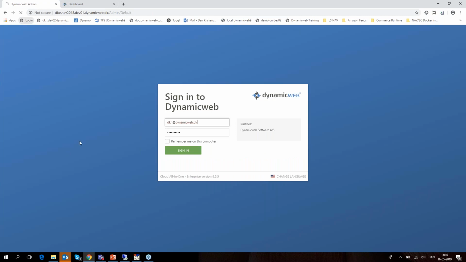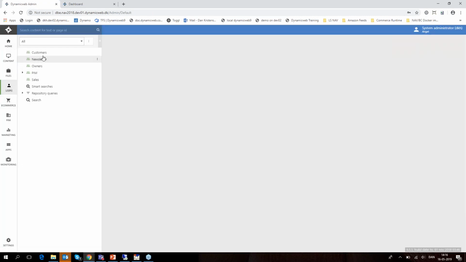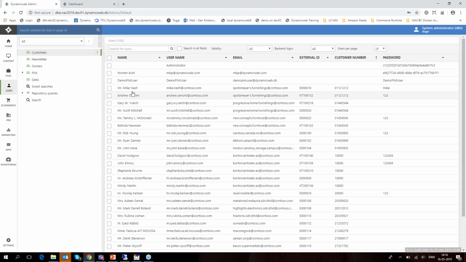Now I want to go to the back end of this website, because I want to demonstrate to you that Mr. Andrew and Mr. Mike, you see them here, have two different external IDs but have the same customer number. So yet again, it is the same company that is billed and it is the same customer number but separate logins. If you use the standard code unit, all customers will come into a user group called customers, and then